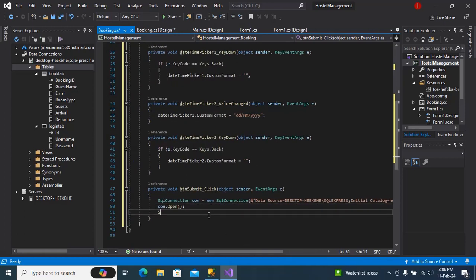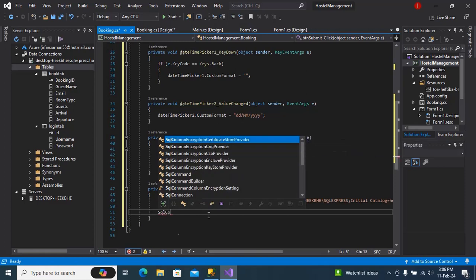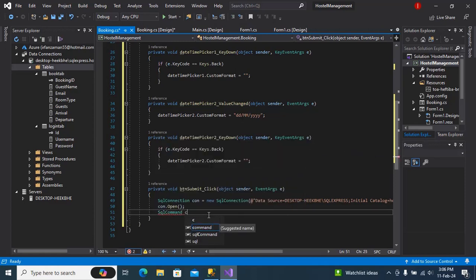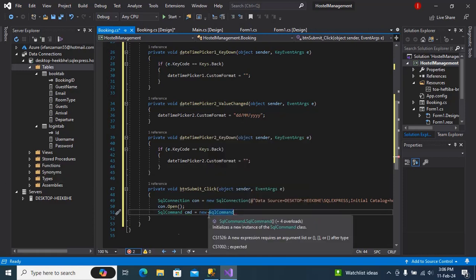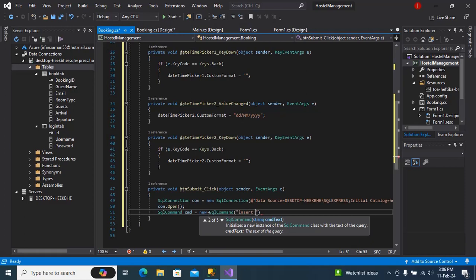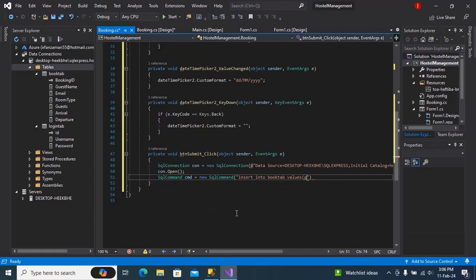So now I will type here SqlCommand. You can give anything you want as name. I will give CMD or CNN, whatever you like. Here I will type insert into the table name, which is book tab, then values. Now we are going to insert the values. So first I will type guest name, at guest name, at email, at room type,